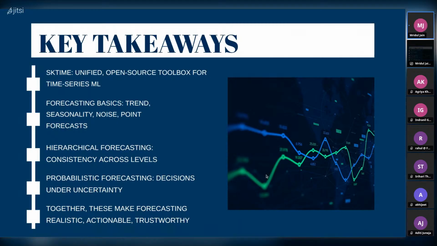Next, we touched the topic hierarchical forecasting, which is basically having data in multiple layers and multiple levels, and then you need to have consistency across each level, right? And then also shared a code sample of how we can use exponential smoothing in sktime to perform some of the forecasting